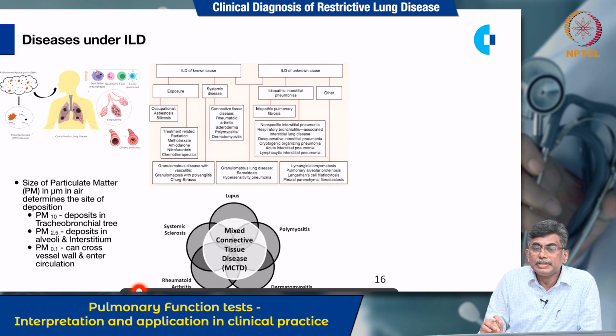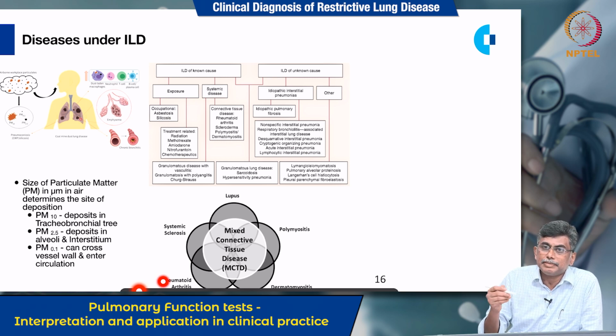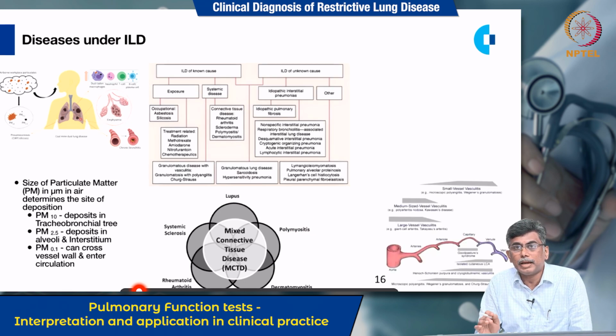Then with regard to connective tissues, secondary to connective tissue disease, the whole spectrum can affect the interstitium of the lung, because connective tissue disease means it involves the connective tissue. Connective tissue is the space in between alveoli, and the pulmonary vessels are also interstitium. As a result, they are also prone for interstitial lung disease. So the classical diseases being rheumatoid arthritis, systemic sclerosis or scleroderma, lupus erythematosus, polymyositis, dermatomyositis, all can be associated with